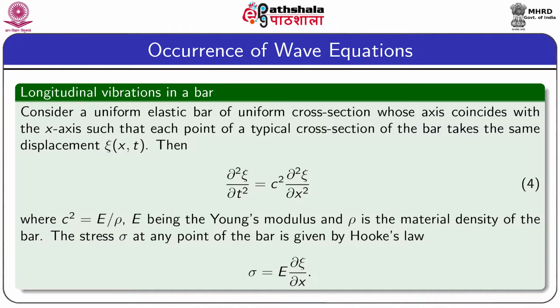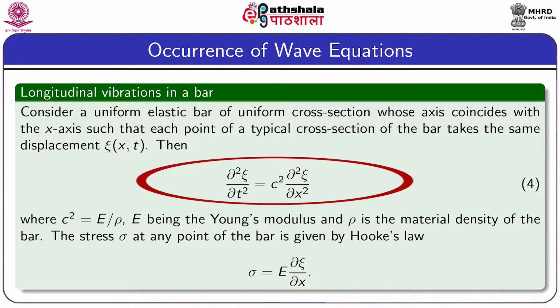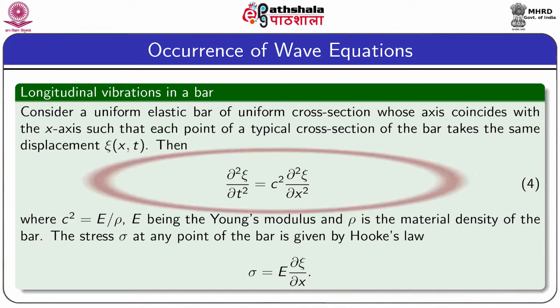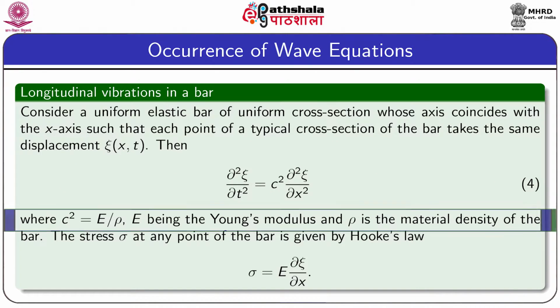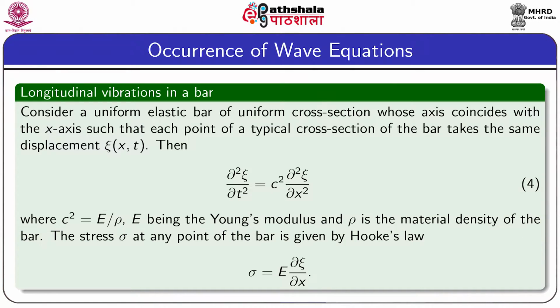Then xi will satisfy the one-dimensional wave equation which is written in equation number 4. Here c square is given by E by rho, where E is the Young's modulus and rho is the density of the bar,